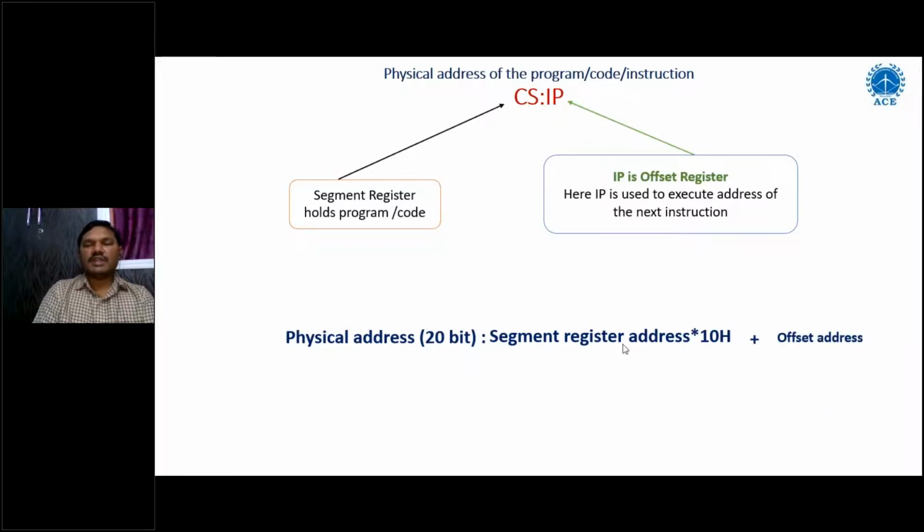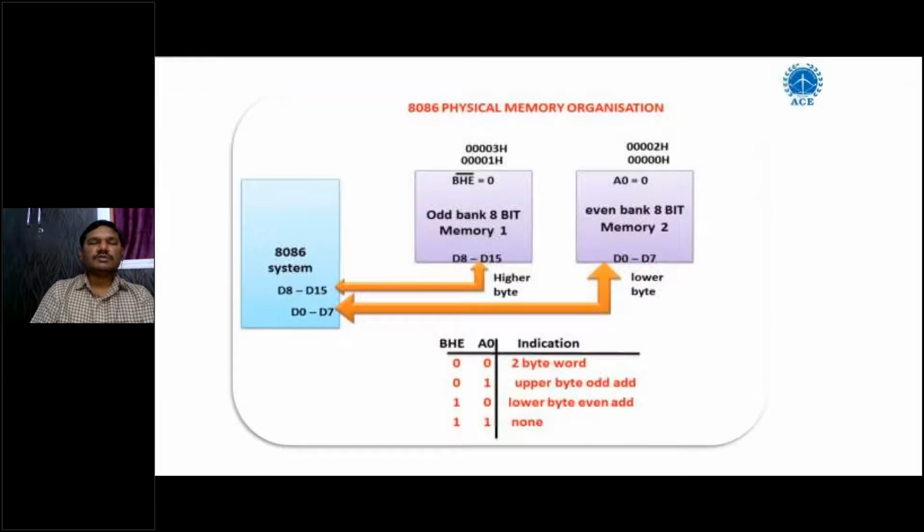What is offset here and what is segment? If segment is a chapter in the textbook, each page in that chapter is called the offset. So we cannot get the complete chapter at a time, so we go by page. That's why we need the offset address also. So here you can understand what is meant by address and how to call the data.